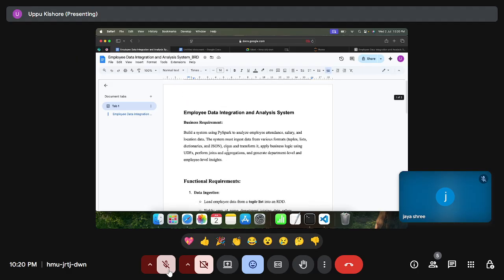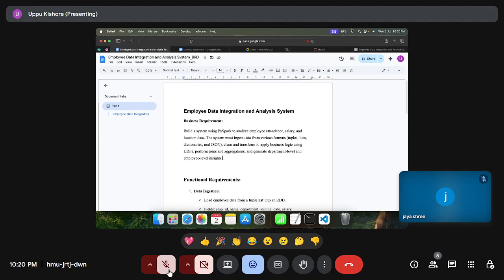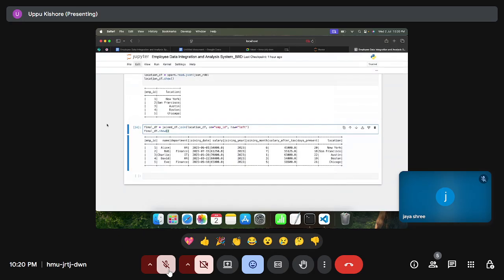So I hope everyone understood this sample BRD, like how to perform different actions based on the requirement. So tomorrow I'll try